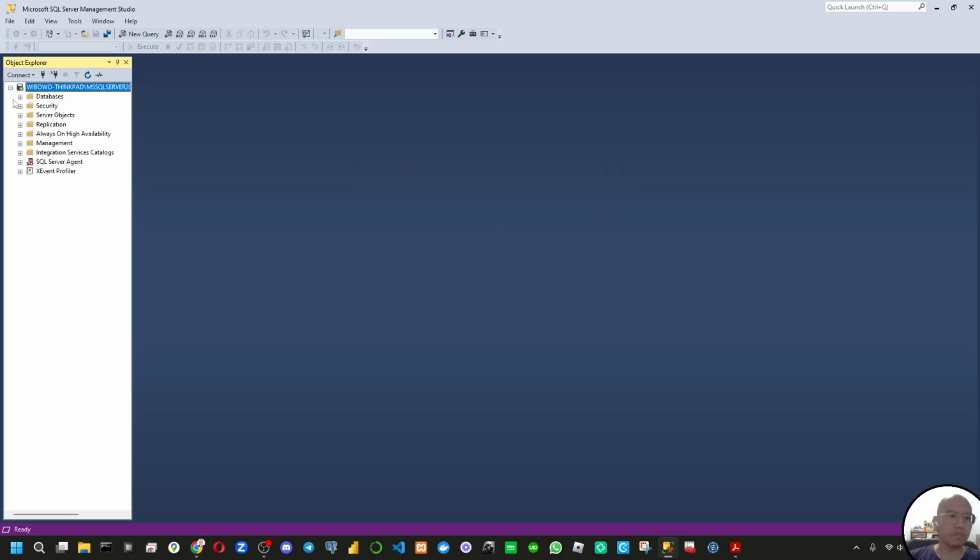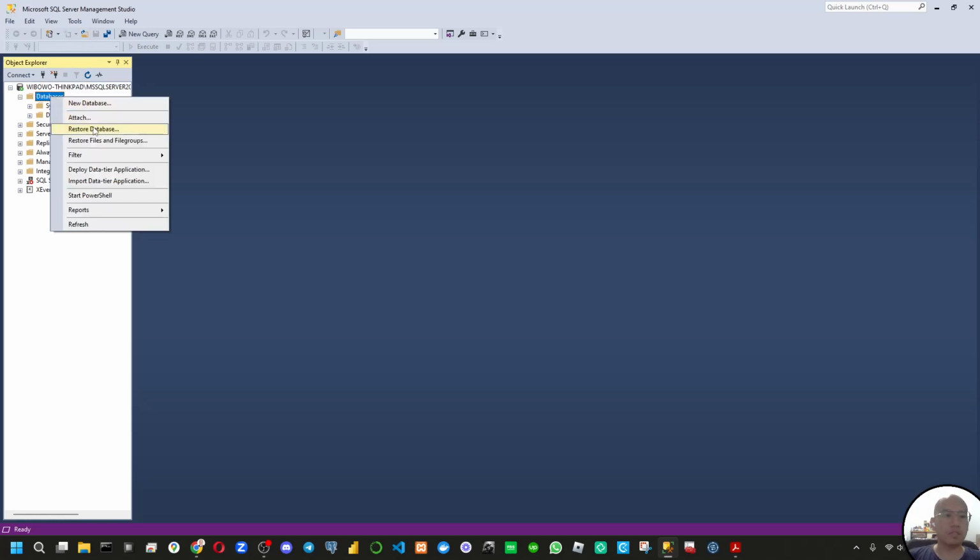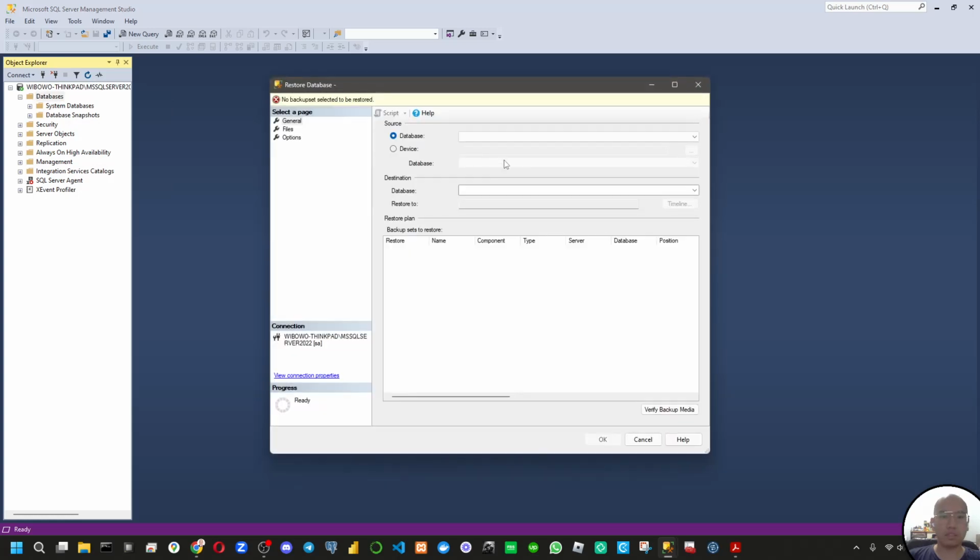There you go. I have the empty database here. The first thing first, we're gonna restore the database from the backup file. So we right click on the database and then we restore database.